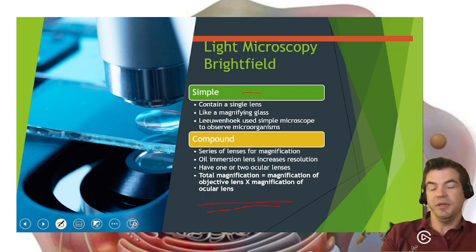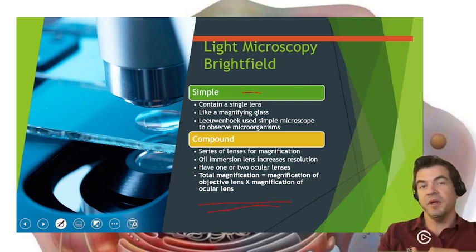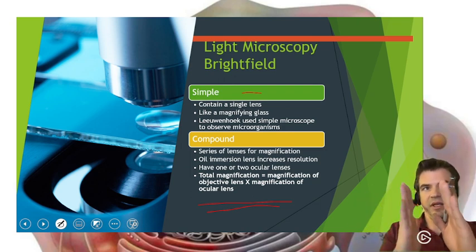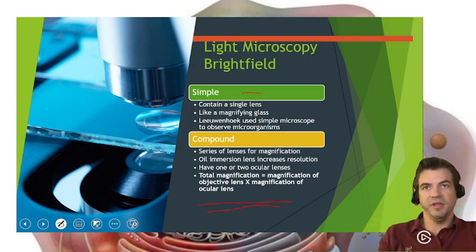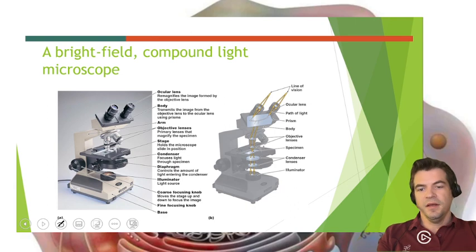Okay, and so now we've gone over the total magnification a few times as well, and so we understand that that's one of our importance. Okay, so remember, compound microscope, it's called compound because we compound the magnification. Okay, and oil immersion will increase our resolution. It will draw the light closer to our eye so we can determine it. All right, so we've gone over this a few times as well,